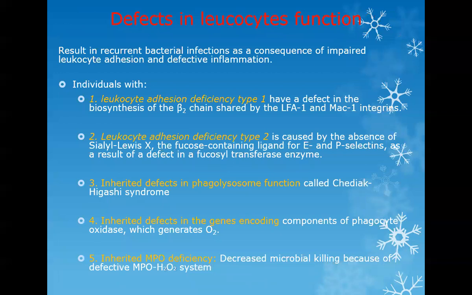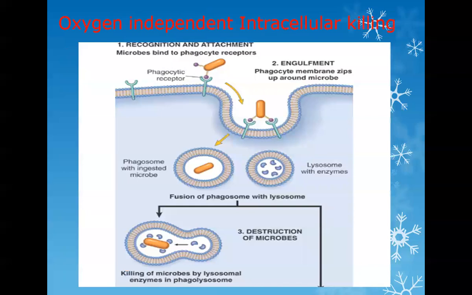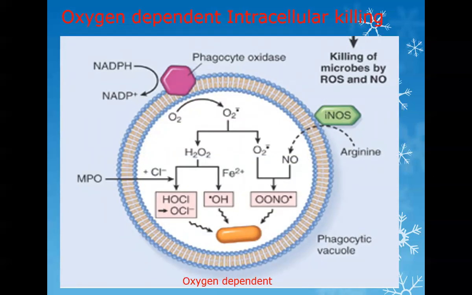Now what happens? Suppose there is leukocyte adhesion deficiency type 1, meaning the integrins are not formed properly. Integrins, where are they present? In the neutrophils, right? In a low affinity state. So if there is a defect in biosynthesis of the beta chain to form integrins, what will happen? There are no integrins. If there are no integrins, there will be no adhesion, meaning the cell will not adhere to which cells? ICAM. Tight adhesion fails. That is number 1.